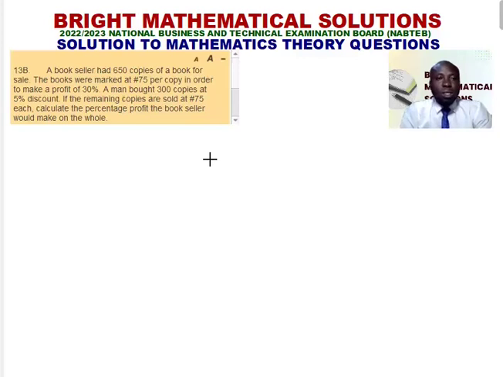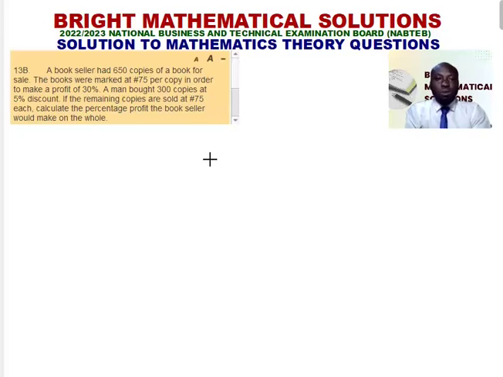The question says a bookseller had 650 copies of a book for sale. The books are marked at 75 naira per copy in order to make a profit of 30%. A man bought 300 copies at 5% discount. If the remaining copies are sold at 75 naira each, calculate the percentage profit the bookseller would make on the whole. Now, the first thing we should do is to calculate the amount of that book,